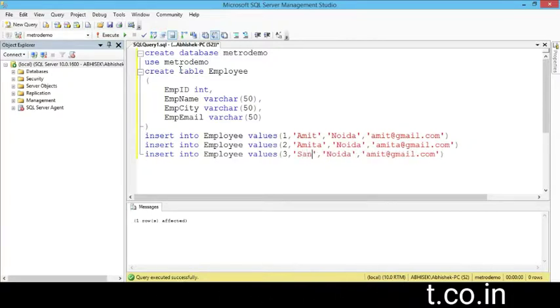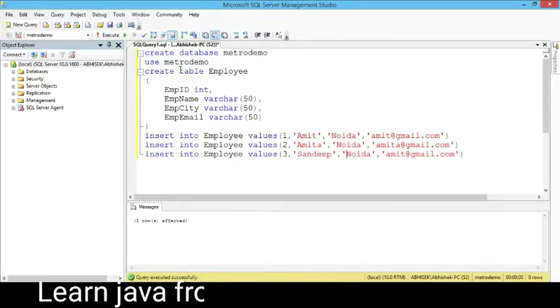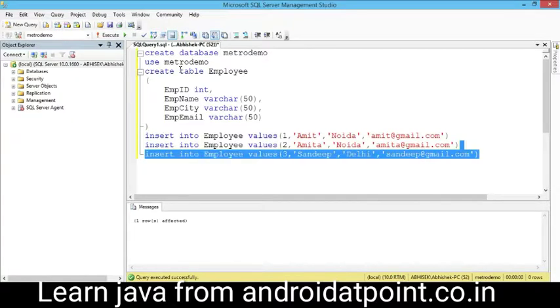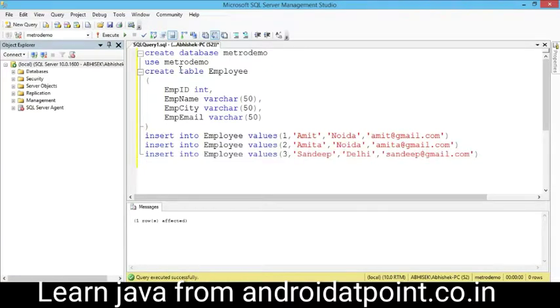Sandeep, Delhi, Sandeep@gmail.com, and select the query and execute the query, okay. Third record inserted successfully inside the employee table, and next I will use the IN operator here,